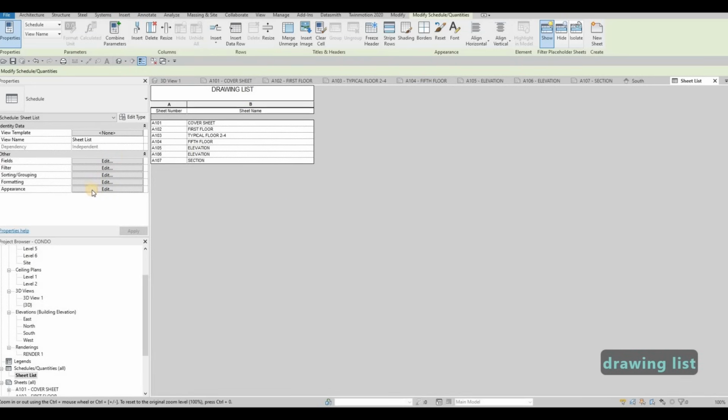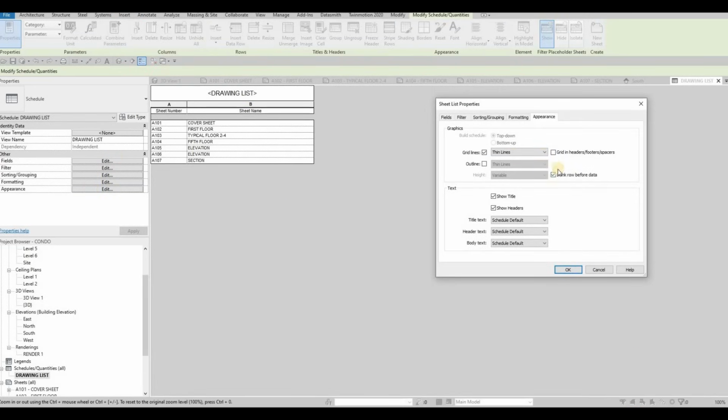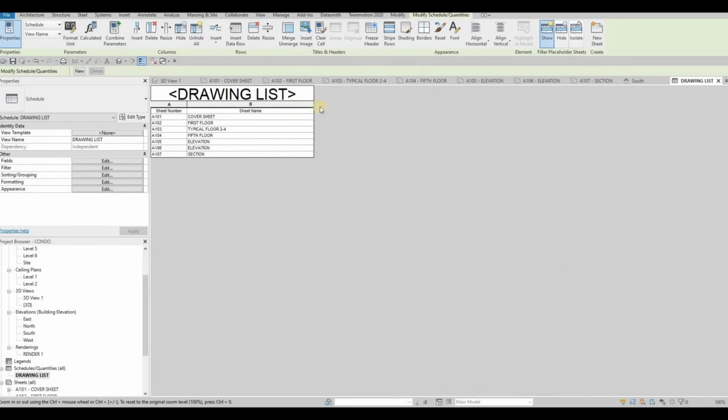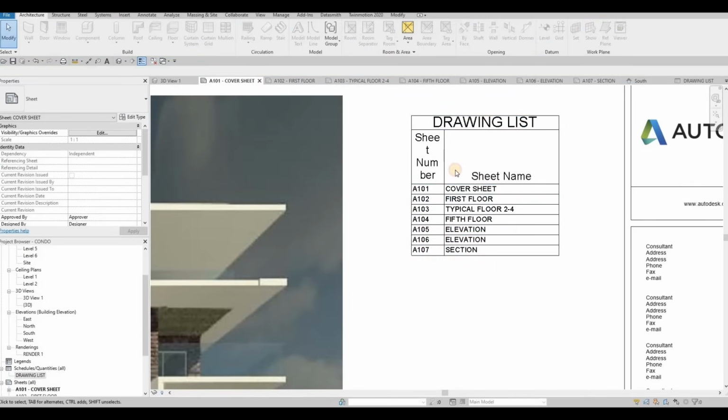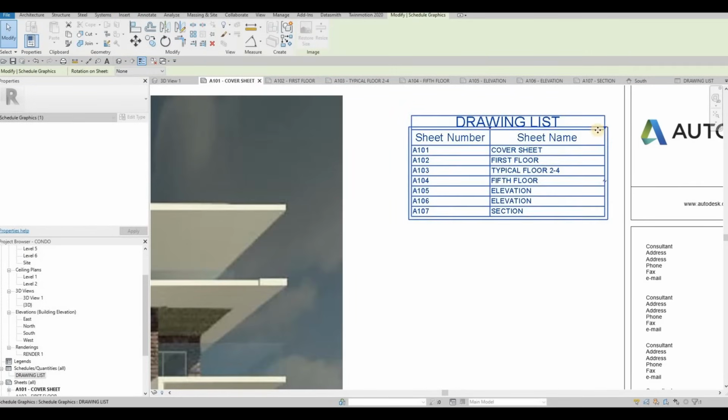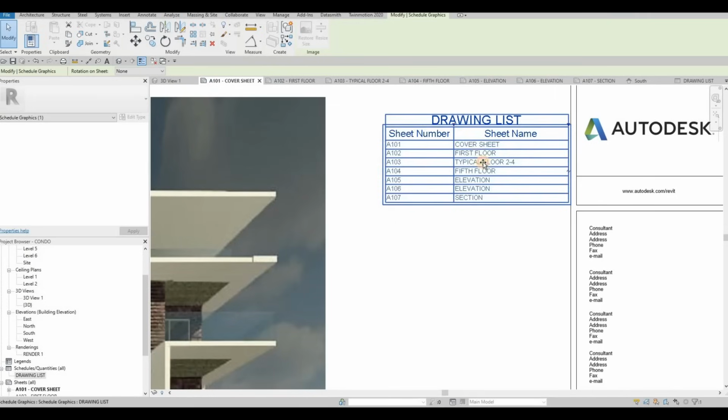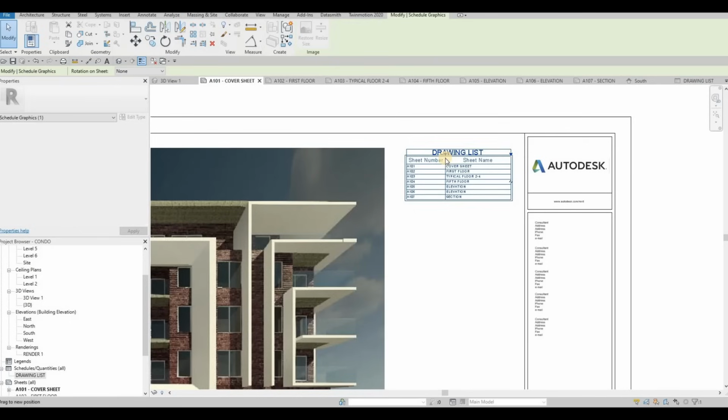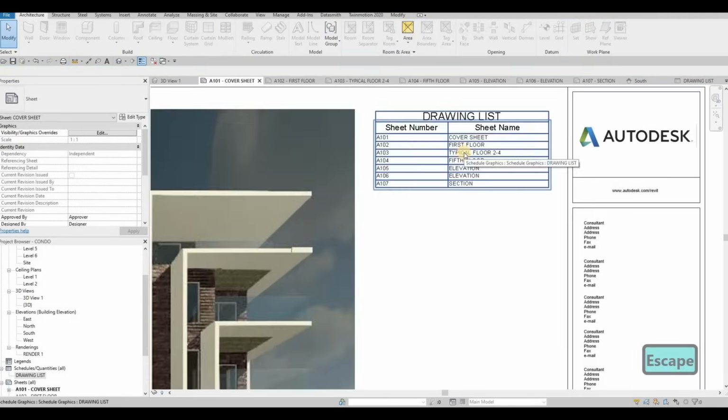and then go to appearance, and then we don't want this gap here, so uncheck that. And then here we want this one to be bigger, and then this one 6, and then the body we want it to be 4. So whatever you're comfortable with, you can change all of that. So now it will look like this, and it will follow along here. So now we need to extend this one to make everything look nice. There we go. So now we have our drawing list here,